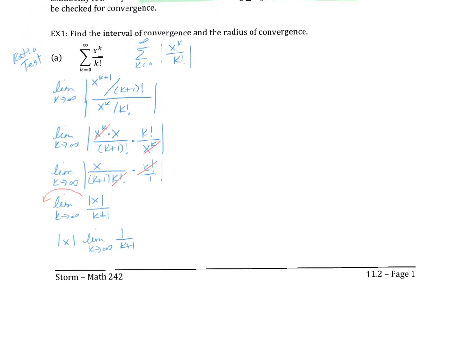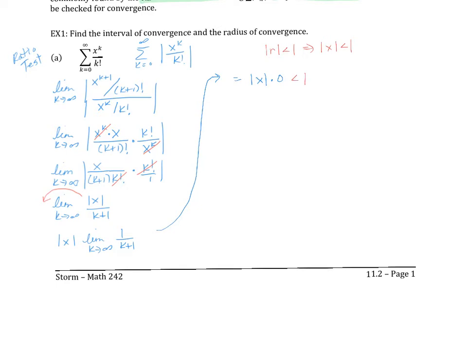I'm going to go all the way back up here. And note that this limit is equal to the absolute value of x is still there, but the limit is 0. So I have to figure out what x values I can put into my original series so that that series converges. And we're going to go back to the property that the series converges when the absolute value of r is less than 1, but then we replace that with x. So if we simply set this less than 1,